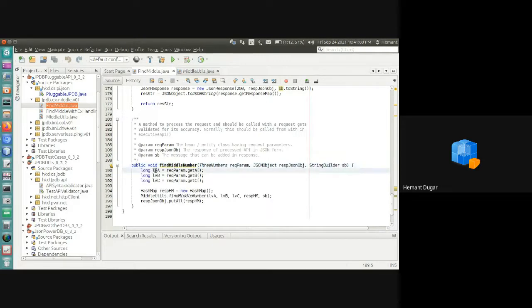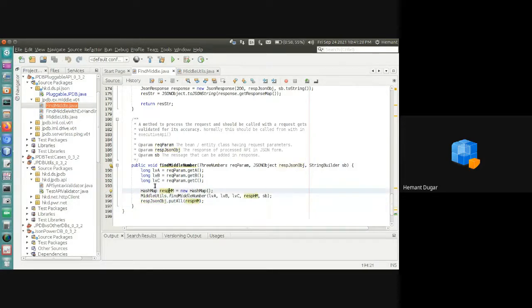We have taken out A, B, and C. We have created a response hash map, because the JSON.simple library allows us to convert a hash map to a JSON object easily. Like this, on the response JSON object, putAll puts all the values from the hash map inside it.